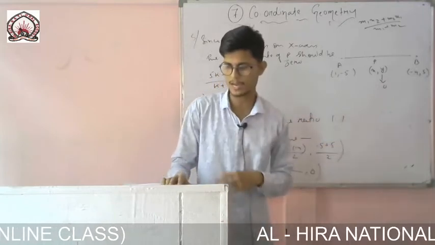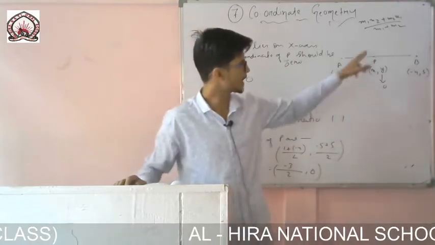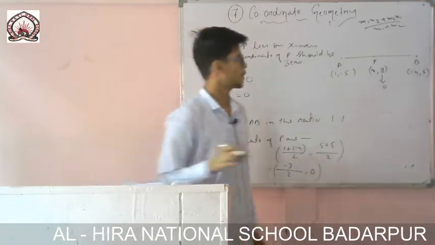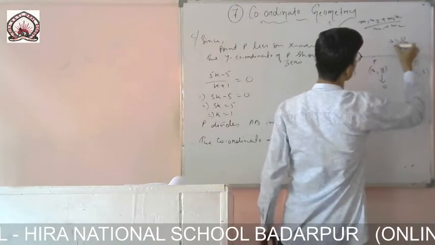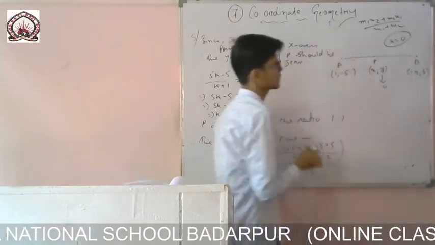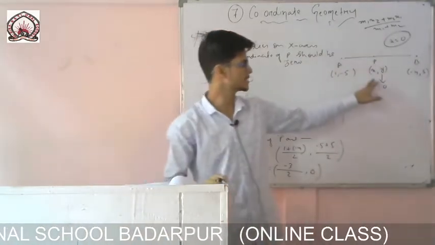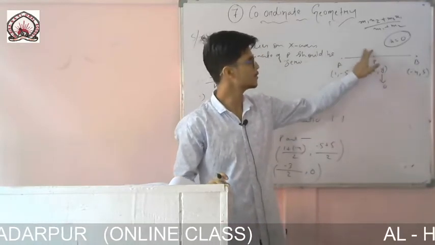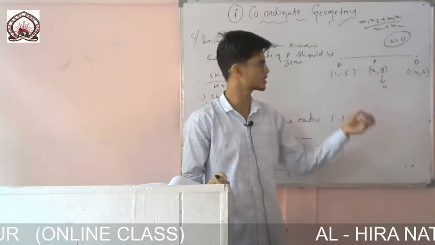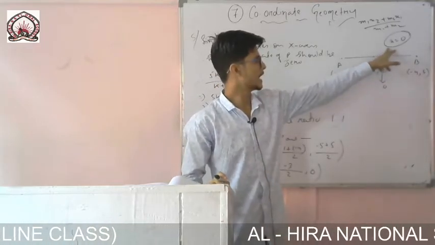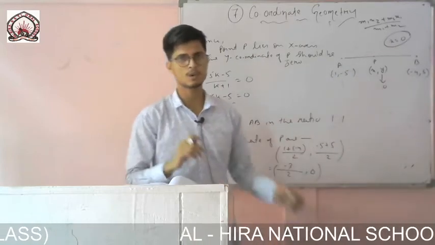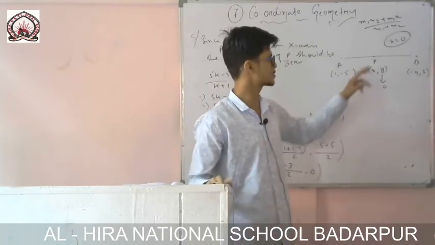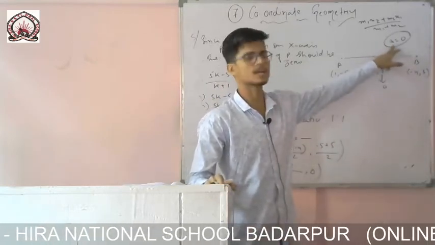So in question number 9, example 9, it is given that the y axis divides the line AB in the ratio. So for the y axis, the x coordinate will be 0, okay, remember that. Earlier, when the line was divided by the x axis, we took y equals to 0. In example number 9 it is the same question, just given that the y axis is dividing the line. If the y axis is dividing the line, then x will be equal to 0.